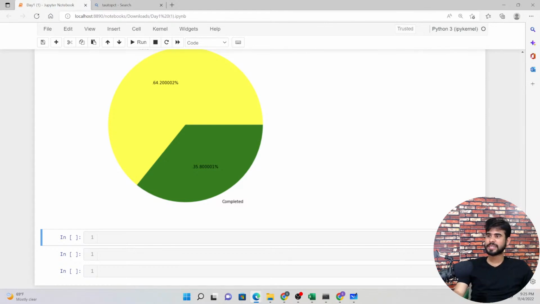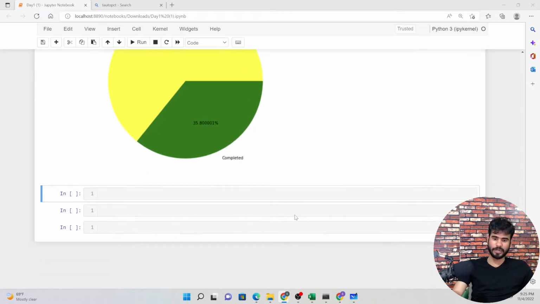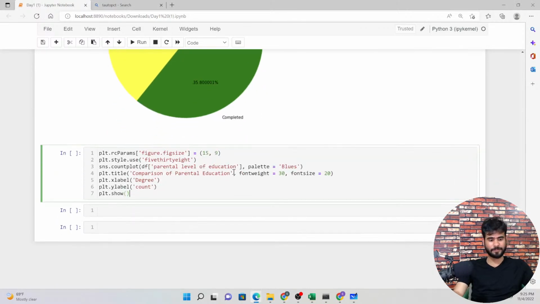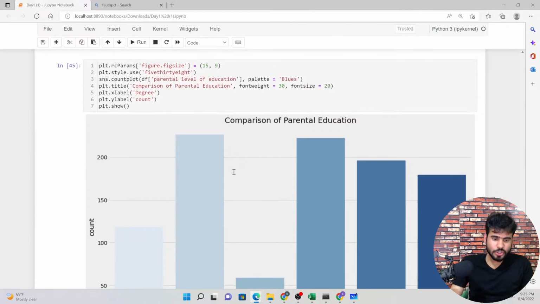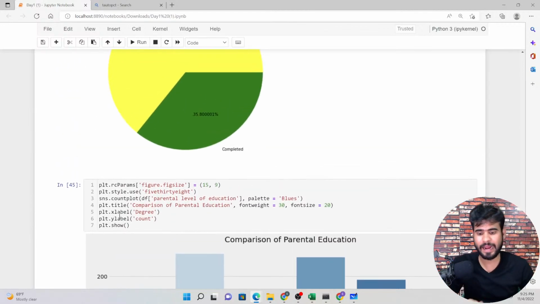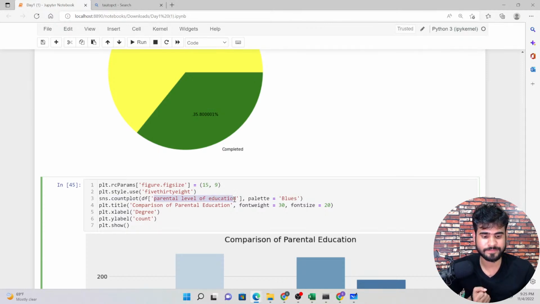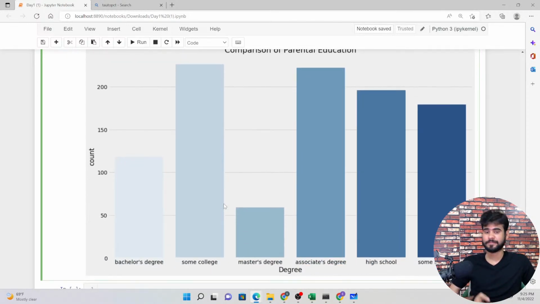One more thing that I want to plot here, I have a code, let me copy and paste the same thing here. What I have done here is plotted a count plot of parental level of education, where I have a blue color, and a title, comparison, that I have defined, and this is the graph that we have.